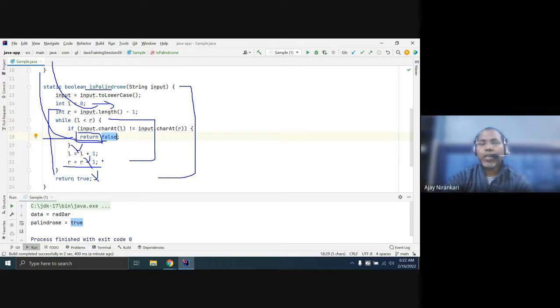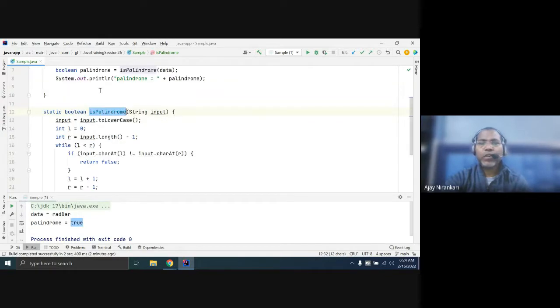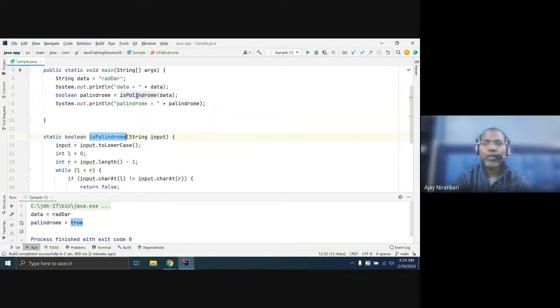Return is the last line of your method execution. So whenever our code reaches the return, it comes out of the method. From where this was called, from the main method, the control comes back here, and you can print the next line.